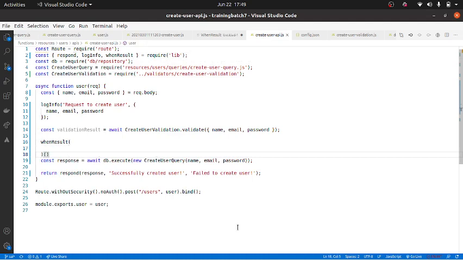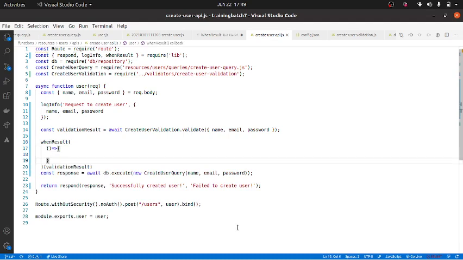It takes two functions and it will also take response, whatever the data is. So validation result, if it is successful, it will execute one function, right? Yeah. If it is successful, it executes the first function. And in this first function, I can execute this db.execute.